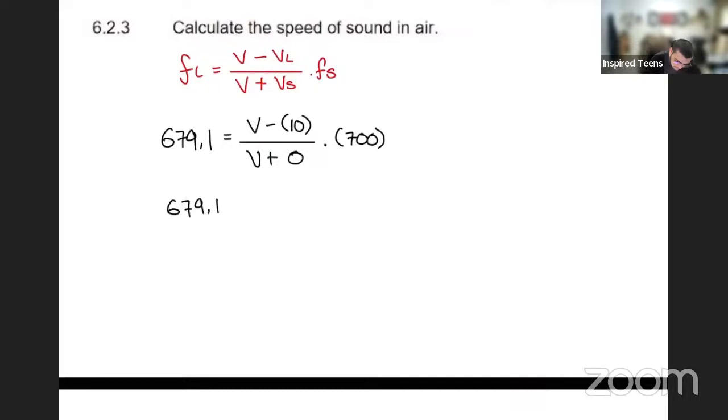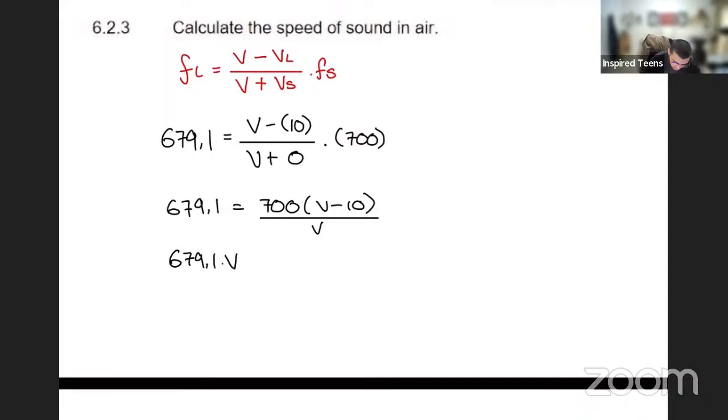679.1 is equal to, I multiply 700 by this, right? Because it's 700 over 1. You multiply numerator by numerator. So 700, open brackets, V minus 10, and divided by V plus 0 is just V. Okay, I can take V over to the other side as multiplication. We get